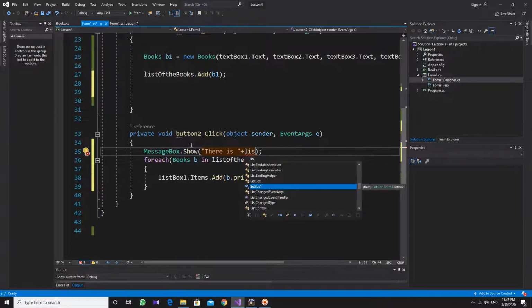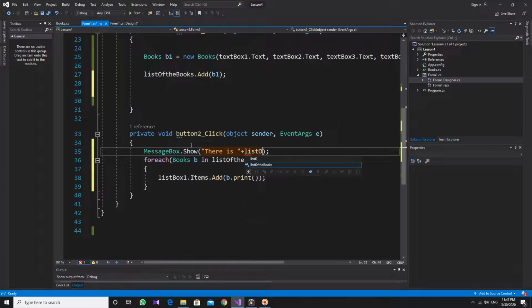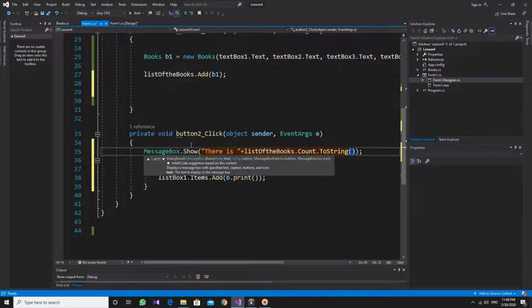List of the books dot count. This is the function for saying how many elements there are, to string. Okay, there is that many